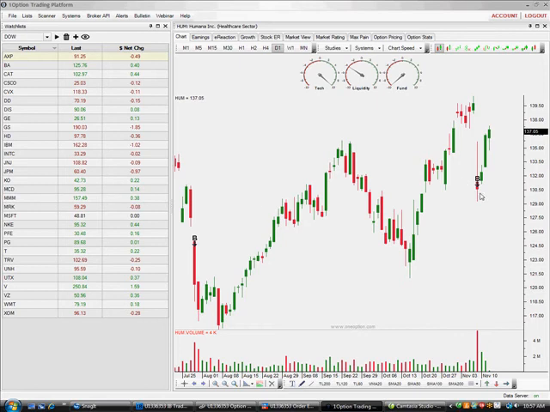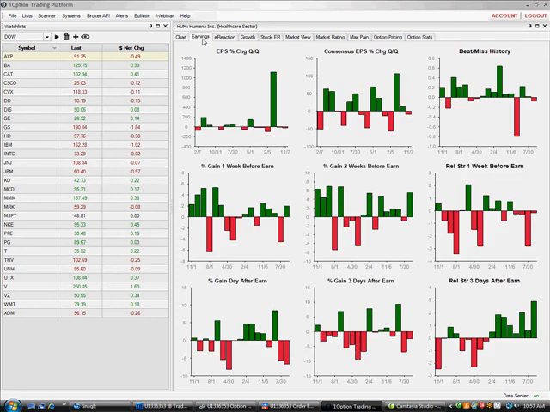Humana recently came out with earnings. We could see that they were before the open, and the stock gapped down dramatically. So we're going to take a look at the actual earnings page. We can see what the EPS percent change has been quarter over quarter. We can also see what the gain has been before earnings, and we can see what the gain or loss